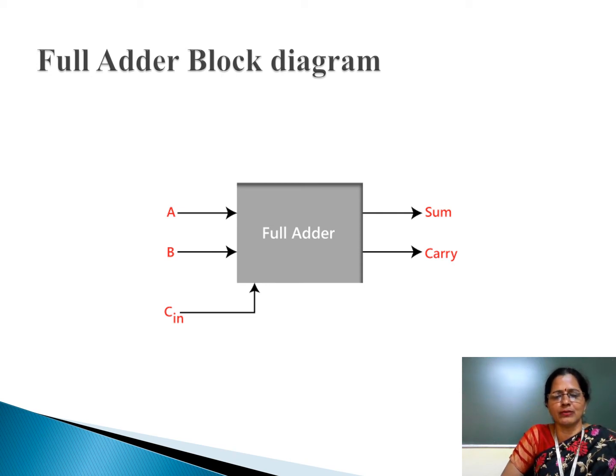Your two binary numbers to be added may be 4 bit each, or 8 bit each, or 16 bit each. So if you try to perform the addition of, for example, 2 4-bit numbers, or 2 8-bit numbers,